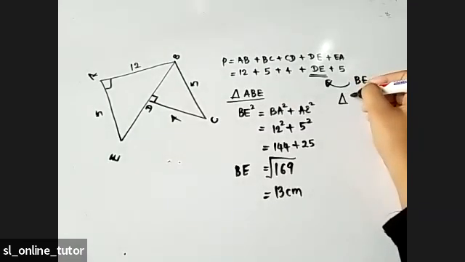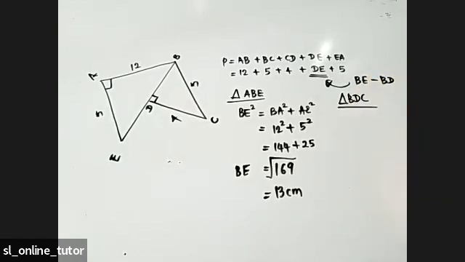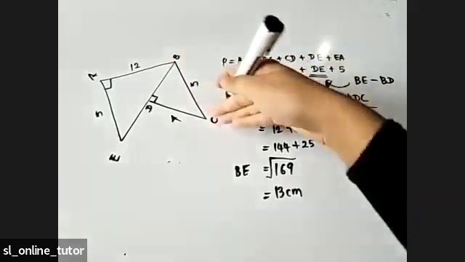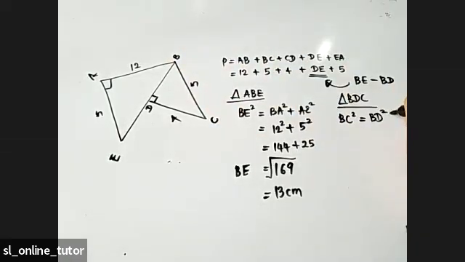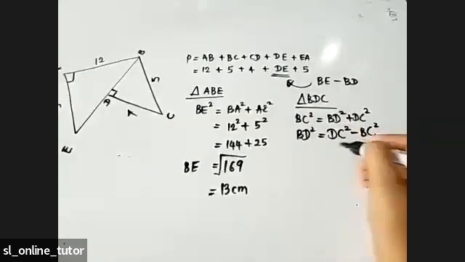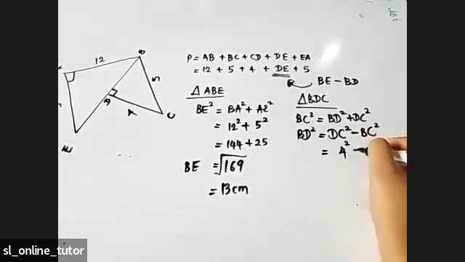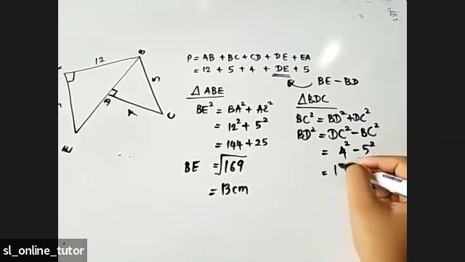If you need to find BD, you have to consider the triangle BDC. In the triangle BDC, what is the hypotenuse? BC squared. Can you understand? BC squared is equal to BD squared plus DC squared. Now BD squared only we don't know. So we have to make it the subject. Subjecting means you bring it to this side, and BC you bring it to this side. This positive DC is already there. This positive BC squared becomes negative BC squared. Now DC squared means 4 squared, BC squared means 5 squared, that is 16 minus